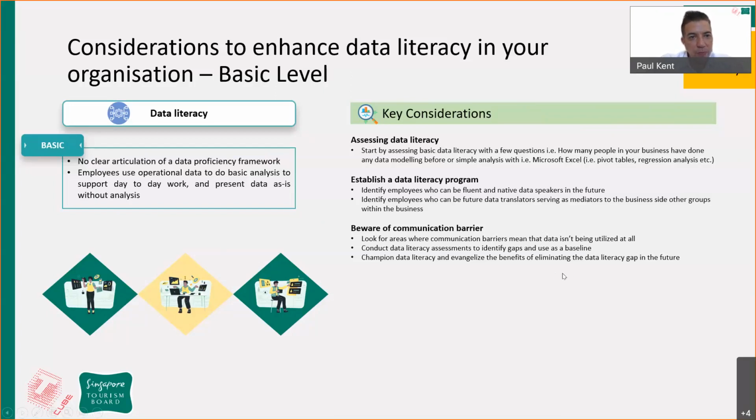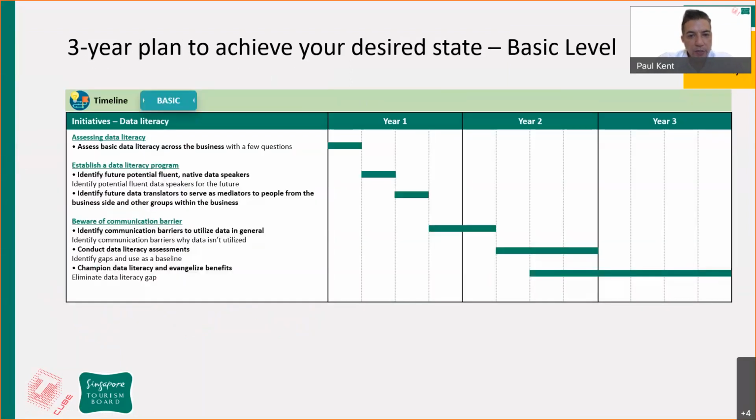Communication barrier is always a big one. So there's always a disjoint between technical data science people and business people. You must always be aware of that. In our own teams, I always tell the young guys in the team that you can talk as technically as you want, but if no one understands you, it doesn't help at all. So communication is always a big one, and keep things simple, talk clearly to each other, and you need someone in the team that can help do that, because sometimes data science guys and IT data type people can be a little bit too technical.